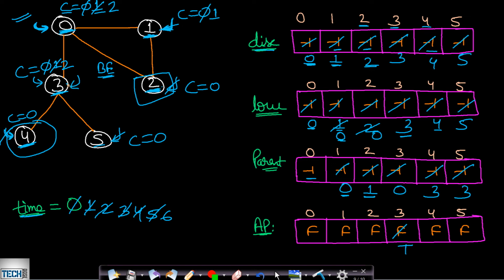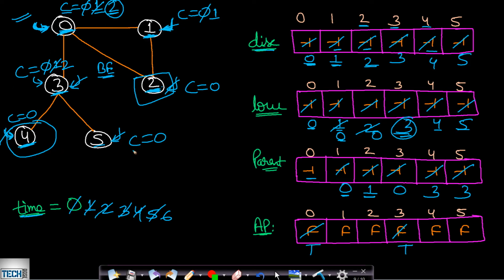Now once we reach this 3, again 3 is an articulation point, so we do not need to check it again. We will only update the low value. The low value of 3 is 3 and the low value of 5 is 5. So it will remain as 3. Now from 3 we will backtrack to this 0. Once we return from node 3, we will check if 0 is an articulation point. Now 0 is a root node and the child count is greater than 1, that is, it is equal to 2. Therefore this will satisfy case 1 and this 0 node will be an articulation point. So this will be marked as true.